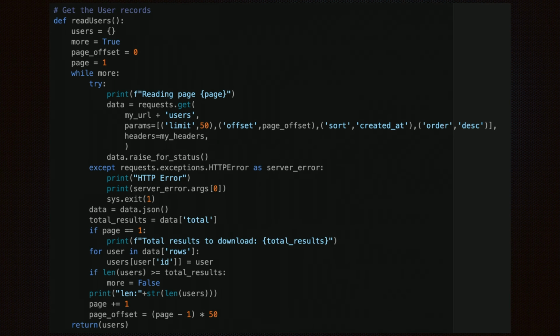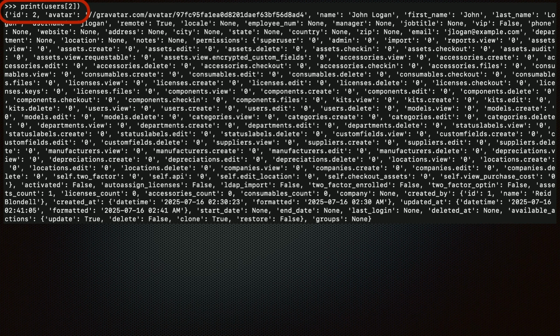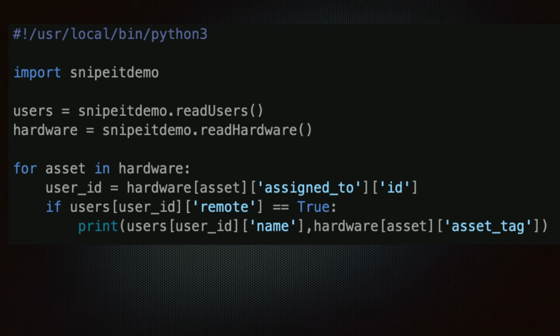Remember, don't copy my coding style. There's a lot of copy-paste between these two functions I just showed. You're smart people. You can do it better. My strategy has been to write a function for each thing that I want to accomplish that interacts directly with an endpoint. So we end up with a dictionary of dictionaries with a primary key of the user's ID. Looks pretty ugly, but we're used to this format by now, and Python handles it with aplomb.